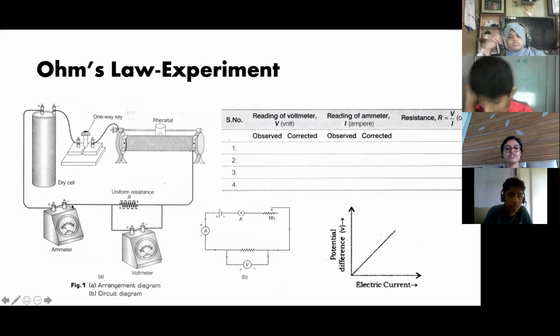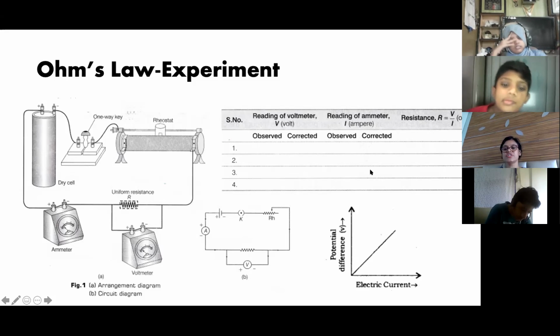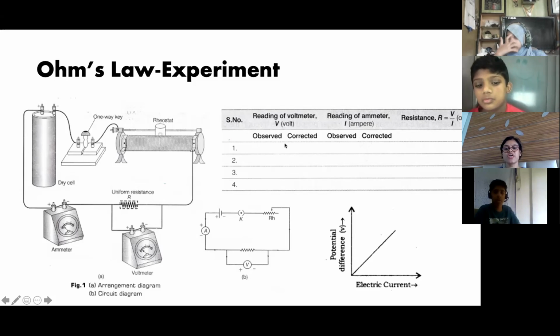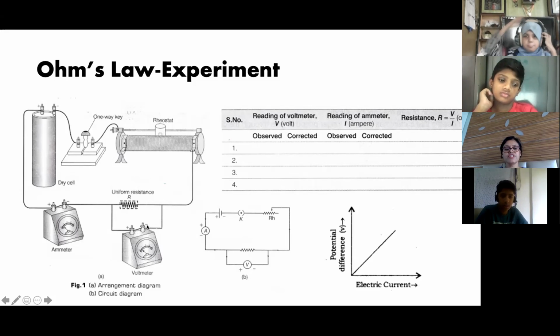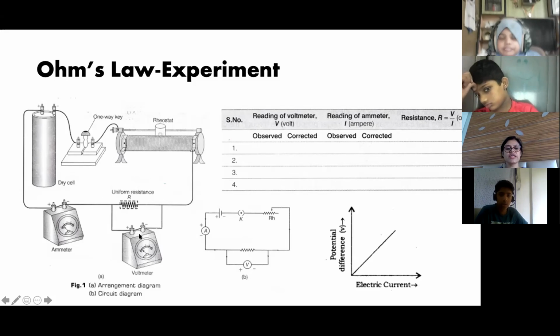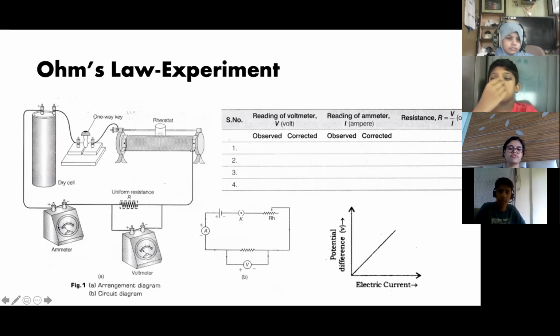So we take a reading here. Here it will give you a current reading, and here it will give you a voltage reading. So we write the readings over here. We will take 4 readings, and then we find R, because we have got V and I. For every reading of V and I, you will get an R, and you should have the same R because we are using the same resistance. But how do you get different readings? By varying this. When you vary this, you are varying the current in the circuit. When you vary the current, there will be a difference in the voltage, and you will get a different value of voltage and a different value of current.